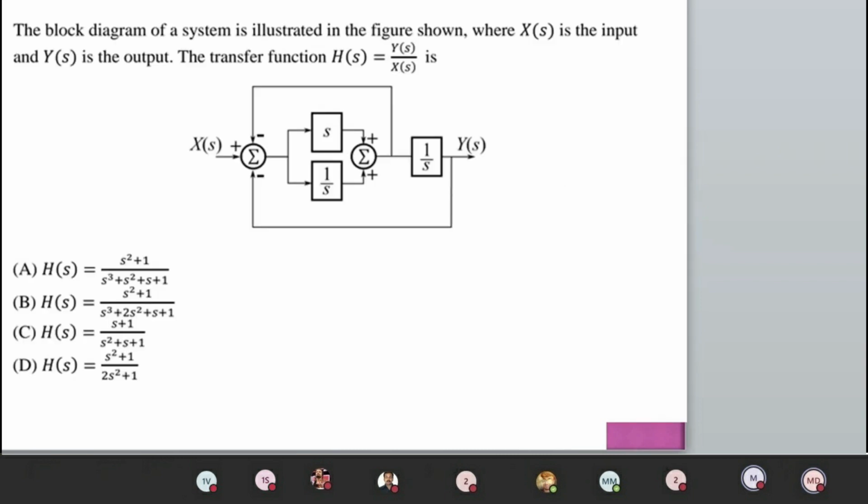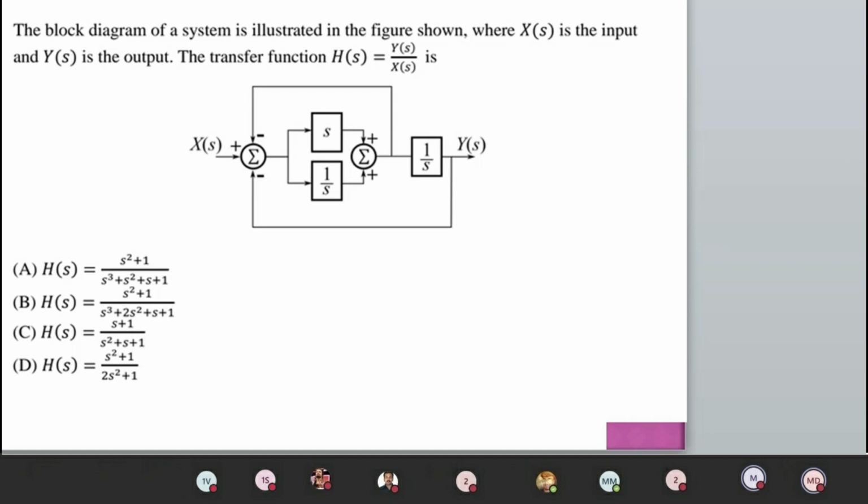Okay, so the first step is, I told you clearly, whenever the question is pertaining to block diagram reduction, first check whether they are connected in cascade or parallel. Then you go for the other rules. Okay, that will make your calculation more simple and easy. So you can notice from this problem, s and 1 by s are connected in parallel. See the arrow mark, it is in forward. It is a feed forward path. So s plus 1 by s. Okay, and you have a feedback path with unity gain. Don't forget, you have a straight line going beside.